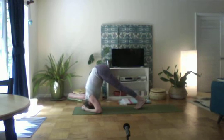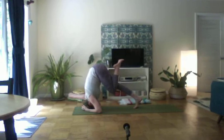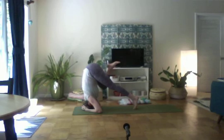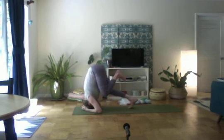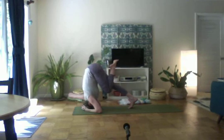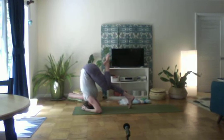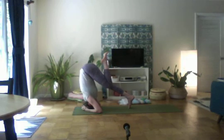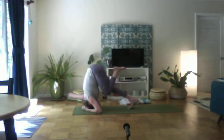So if you're already a headstander, go ahead and once you get hips over shoulders, bend the knees, one knee, both knees, and come into your headstand. So wherever you are, if you took shoulder stand,